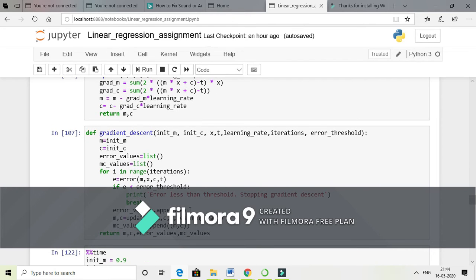So error threshold is the minimum permissible value of the error that we can have. So until the error becomes this error threshold value, update function is performed.